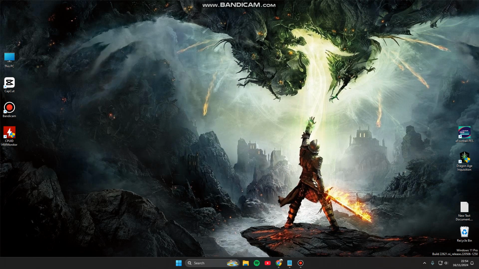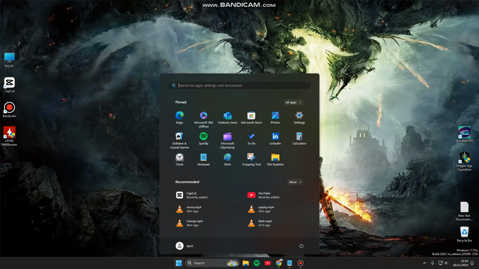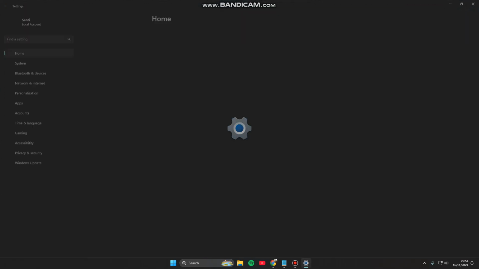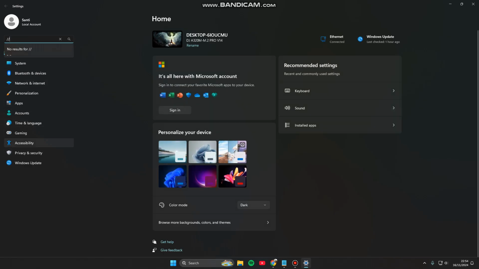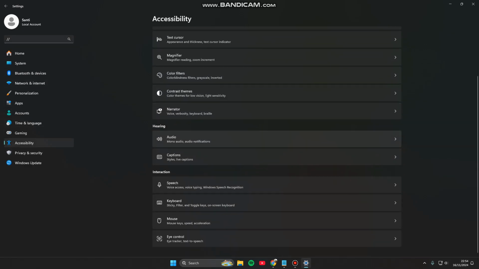Today I'm going to show you how you can configure or enable filter keys on Windows 11. So here, the first step, you can click the start icon and go to Settings. And here you can click Accessibility and find the Keyboard option, sticky, filter, and toggle keys on screen